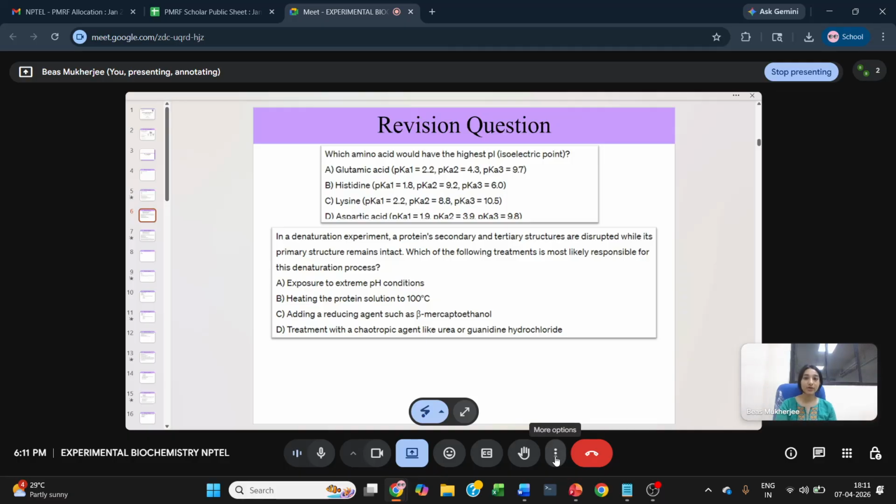Right, for the next question, in a denaturation experiment, a protein's secondary and tertiary structures are disrupted while its primary structure remains intact. Which of the following treatments is most likely responsible for this denaturation process? Now we have read about something like this in our previous experiments. For example, if you remember SDS PAGE, there heat denaturation was done so that all the